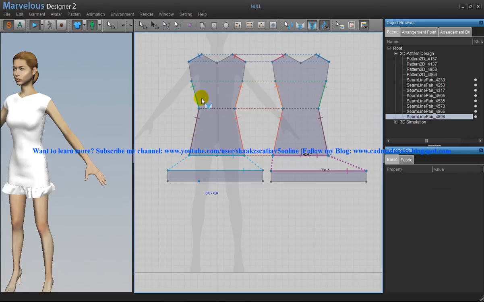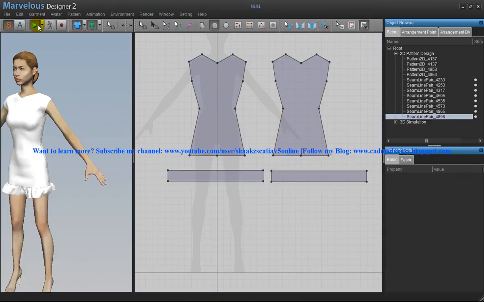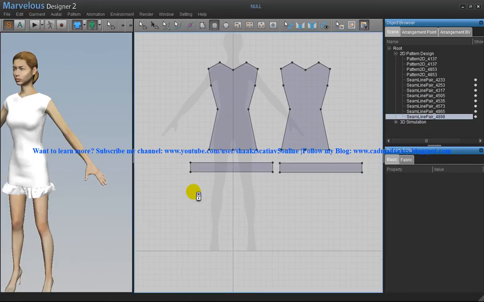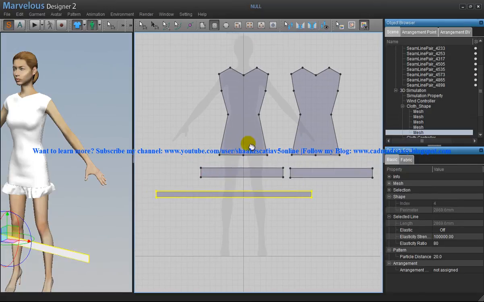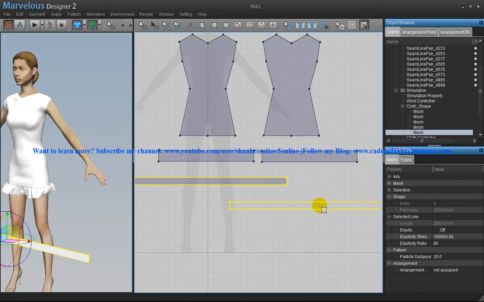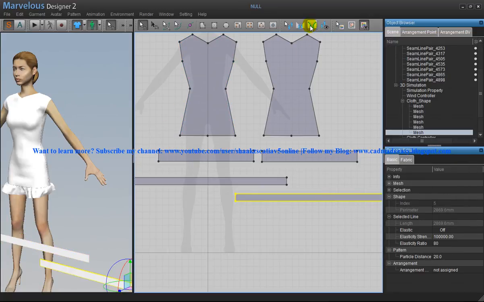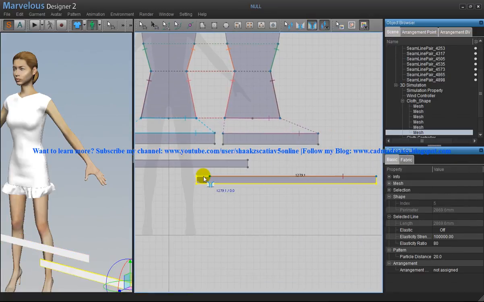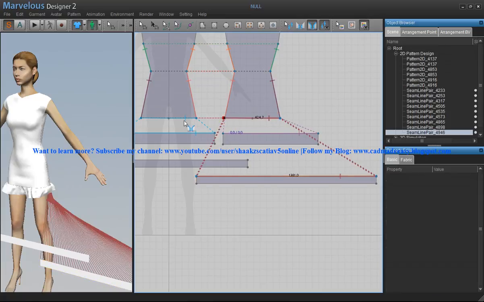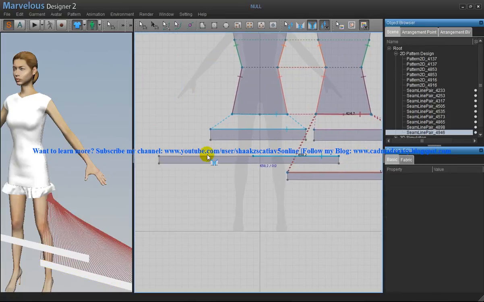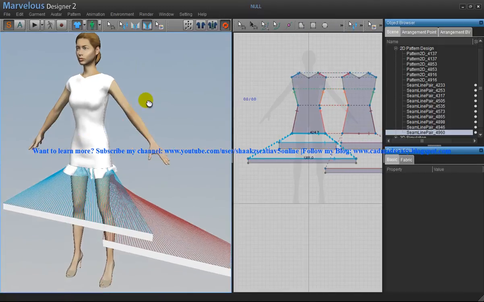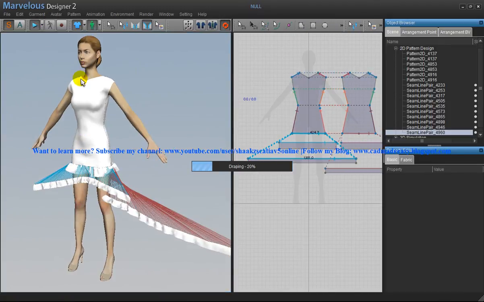a layer which is having more folds. So just select the rectangle, pause the simulation, otherwise once you draw this, the cloth is going to fall down. Make a pretty long one, and again Control C, Control V, and now create free sewing, sew this portion and this portion here, and this portion and this portion. Now just make this window big, and click on simulate,